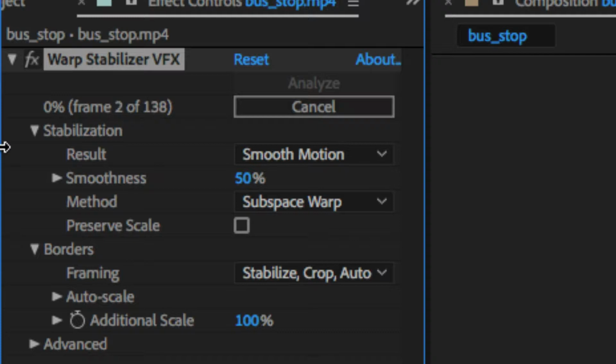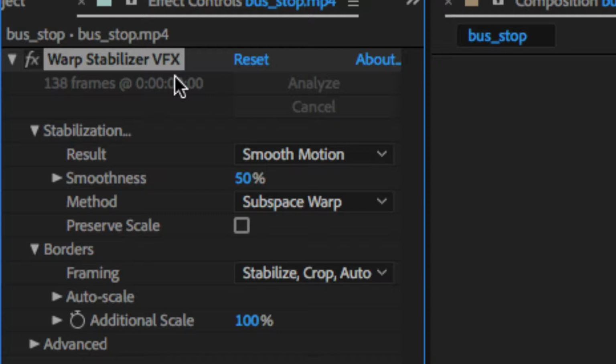I don't know why it's called like that. I think they just thought it sounds cool. Yeah, let's call it warp stabilizer. No, that's not enough. It needs to sound much cooler. Yeah, VFX usually stands for visual effects. So it's like, why? You're not even doing visual effects with this. You're just stabilizing footage. I don't know. Anyways,